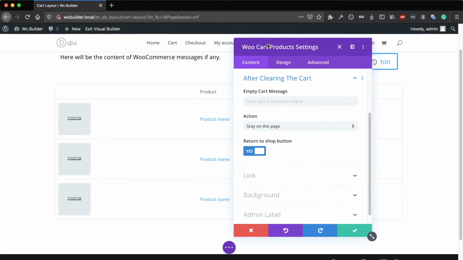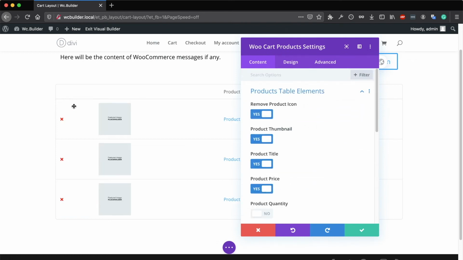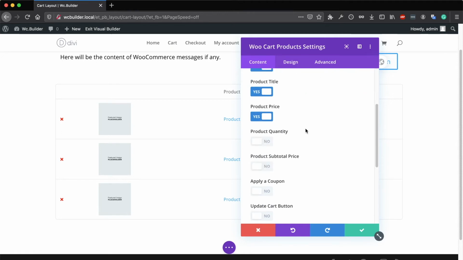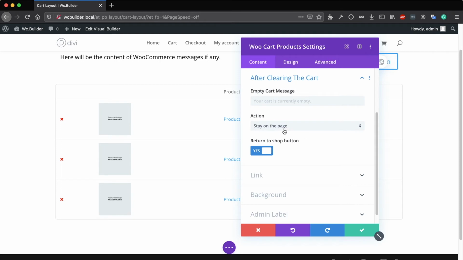What do you want to happen if the client removed all the products from the cart? By default, WooCommerce will display a message that says your cart is currently empty, and it will display a button to go back to the shop. You can disable this button if you want. You can add your custom message. If you want to stay on the page, you can reload the page,